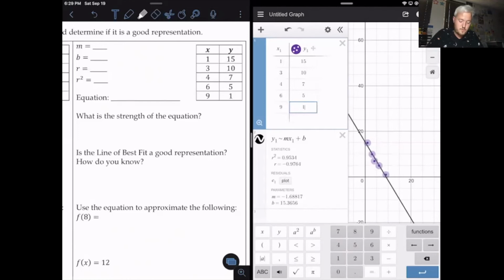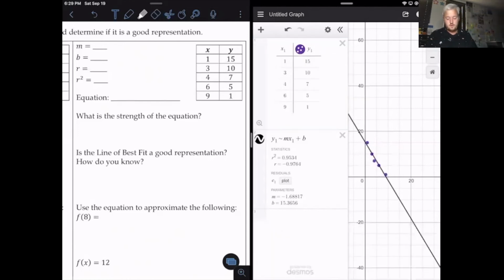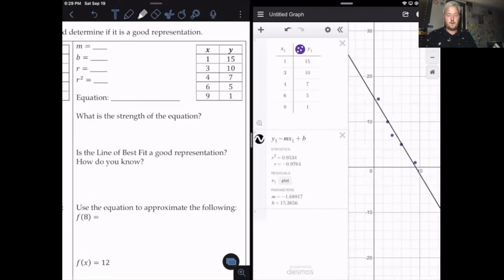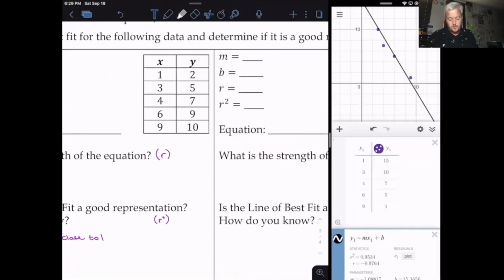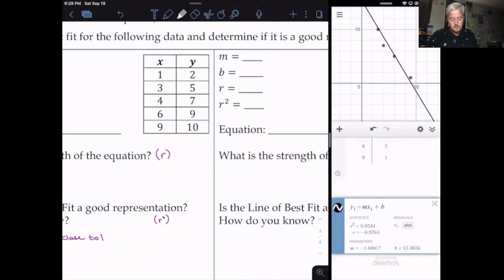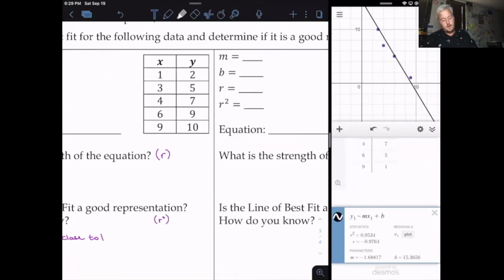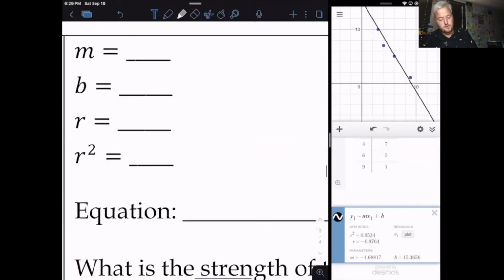So I'm gonna press and hold. I'm actually gonna take that drag feature off just in case. So here's our data that we want. I'm gonna move that over a smidge. You really only need the regression table. You don't even need the table itself. So now that we have m, b, r, and r squared,